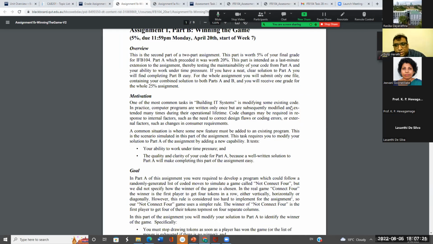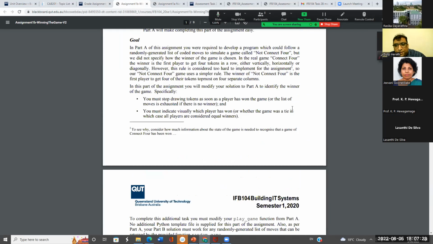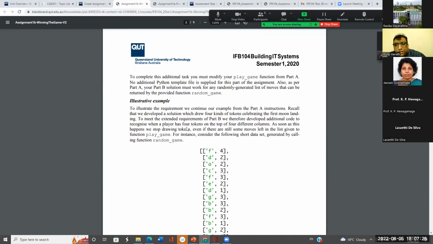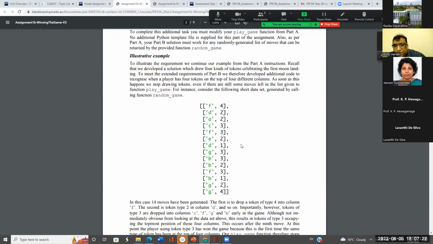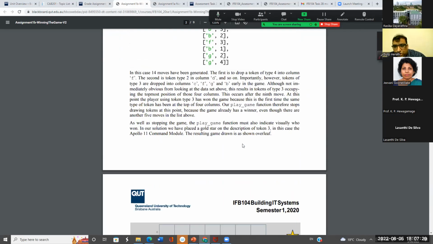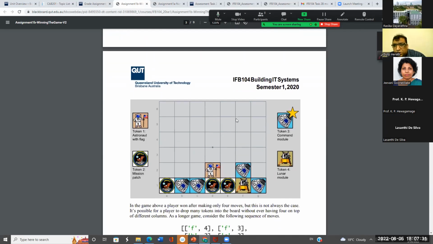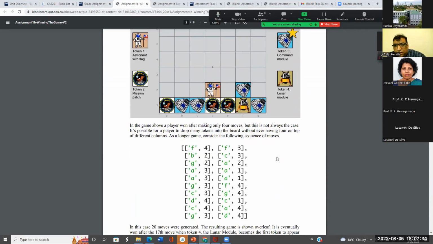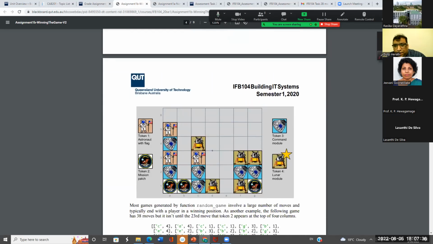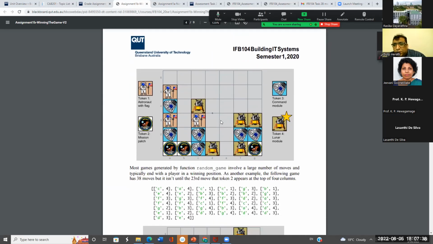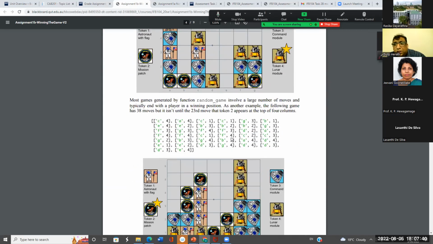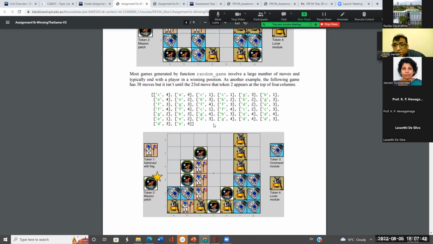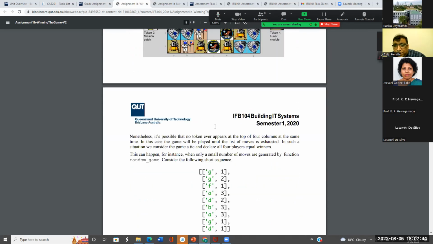So motivation, goal, and then some illustrative examples and some screenshots. And these are some of the cases, and like that we give